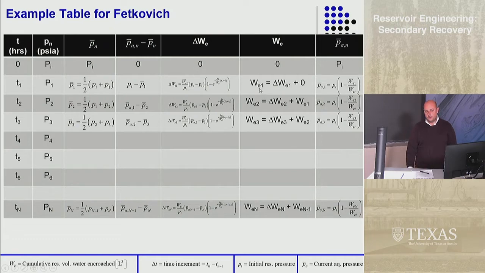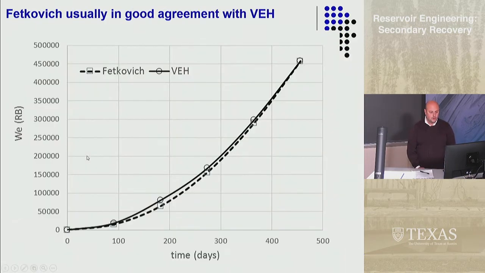And then the cumulative water is equal to the incremental water plus whatever the cumulative was at the last time level. And then we can calculate a new average aquifer pressure, which is the initial pressure, times 1 minus WE, which is what we calculated here, divided by WEI. It's clear from this that we're going to need to calculate WEI and J, which were given,